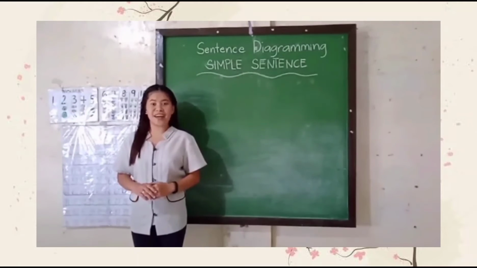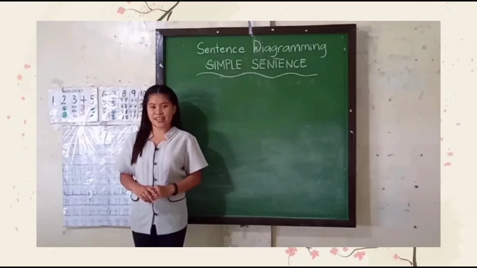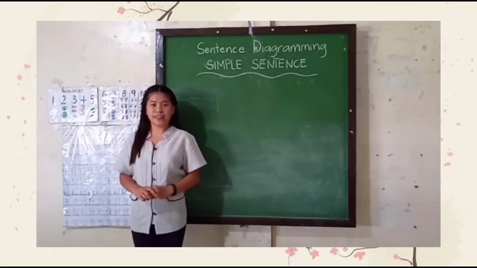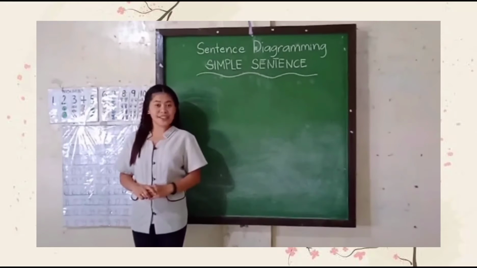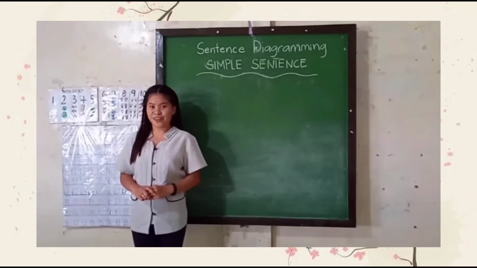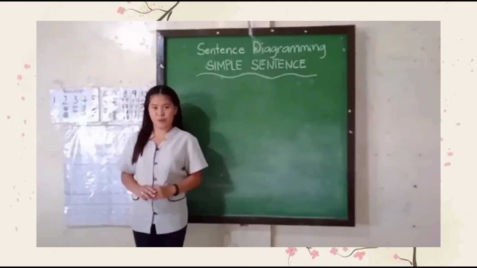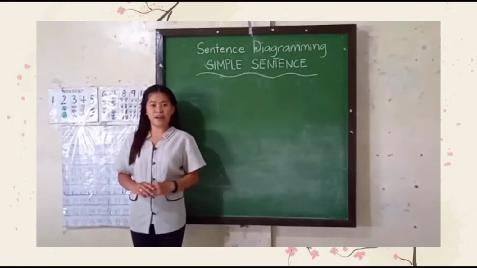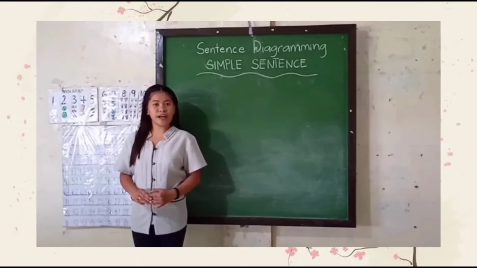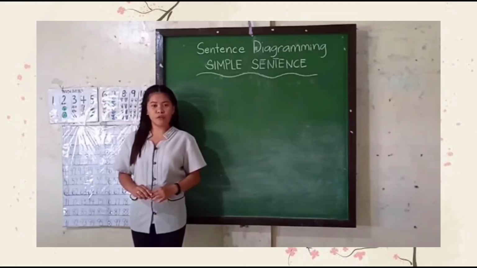Before we proceed in diagramming a sentence, let's talk first about the basic rules in diagramming a sentence. First is identify the sentence elements. Your next step is place the subject, verb, and direct object together and underline them. Write a vertical line and separate the subject from the verb. Next is separate the direct object from the verb with a vertical line that does not cross the underline. Last rule is keep adjectives and articles with the noun they modify and place them on separate diagonal lines touching